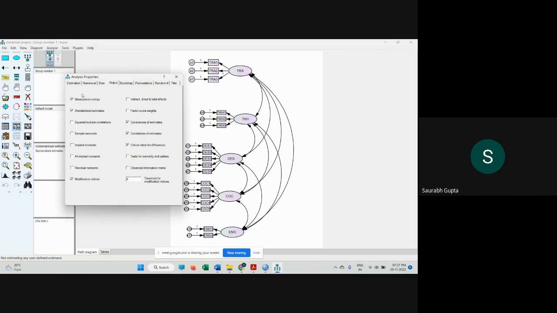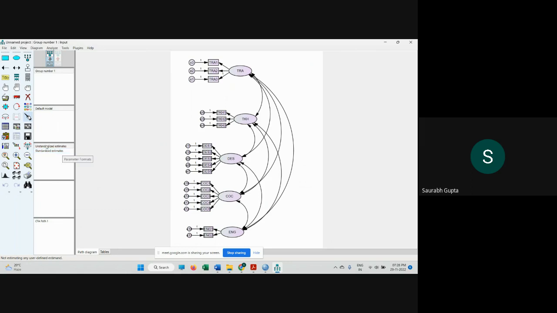Okay, so simply you need to click this particular box, and after selecting it, simply minimize this window. Now you need to run this particular analysis. Okay, so simply here you can find the calculate estimates button. Simply click this calculate estimates button. Okay, so as you click calculate estimates,